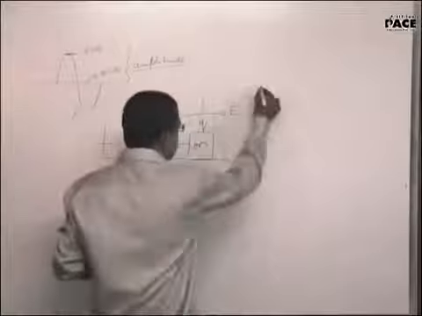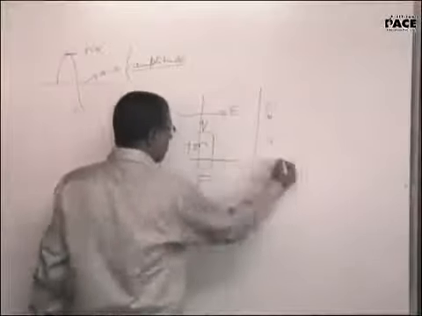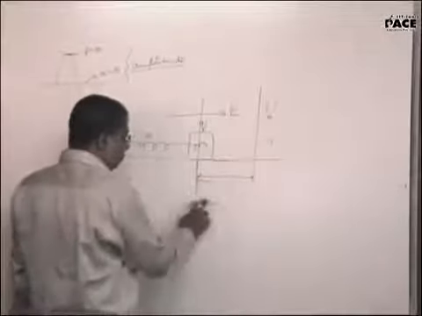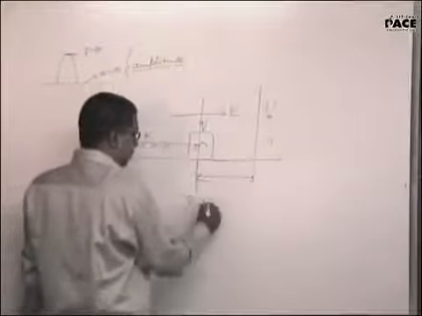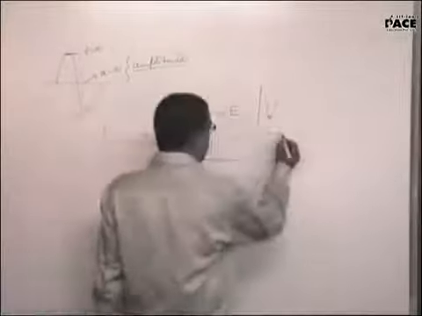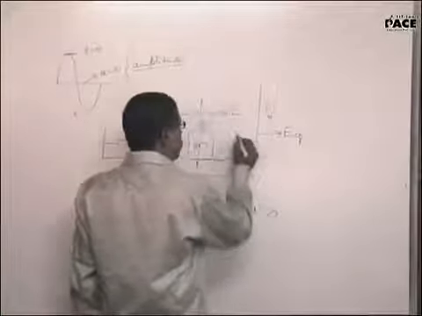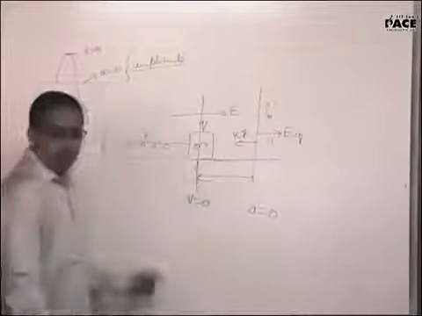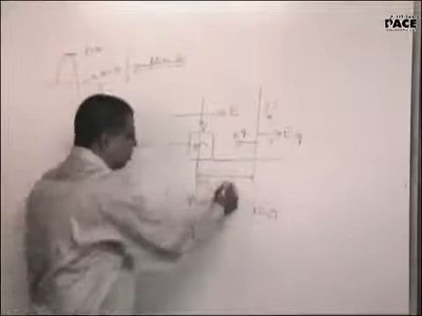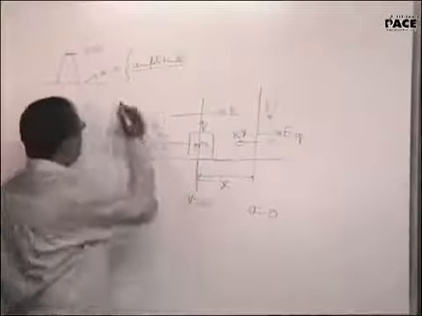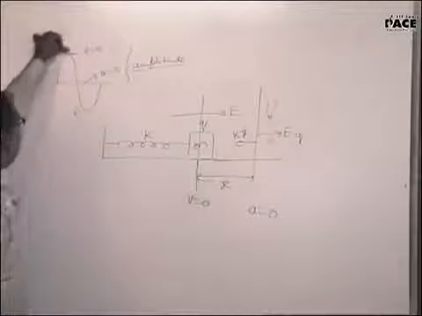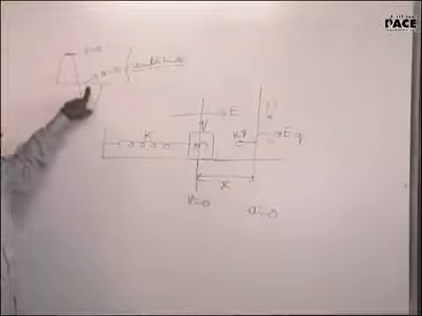When you switched on the electrostatic field, you reach a point where acceleration is 0. Here velocity was 0, and here acceleration will be 0. Where do you think acceleration will be 0? The force will be EQ, kx will be in the backward direction. When both of them are equal, acceleration becomes 0. At that particular instant, this travelled by a distance of x. And my requirement for amplitude is the shortest distance between 2 points: the point at which the velocity is 0 and the point at which acceleration is 0.